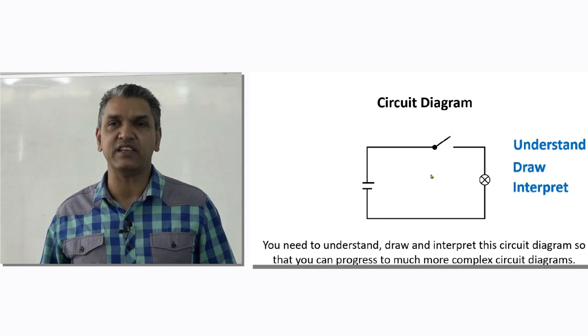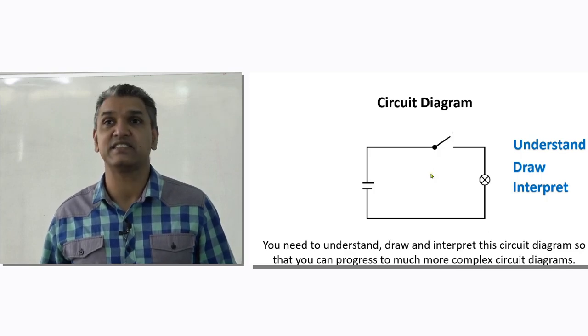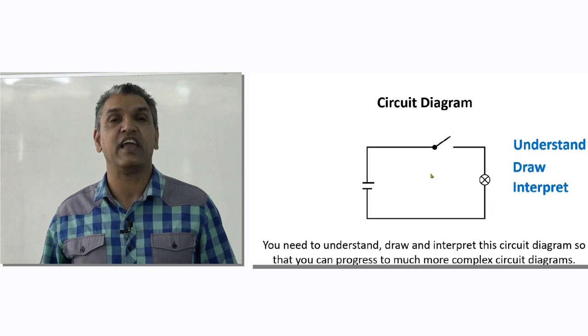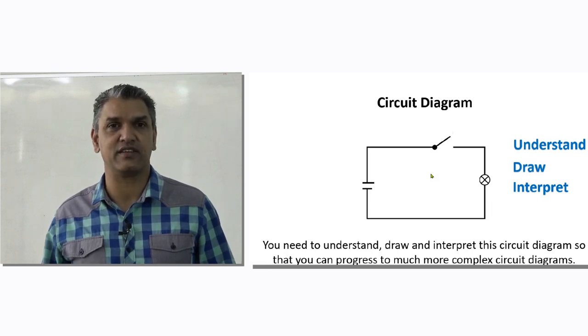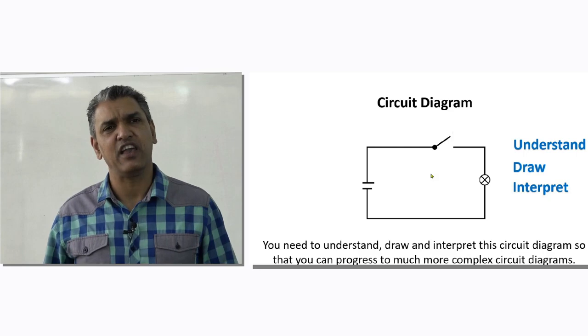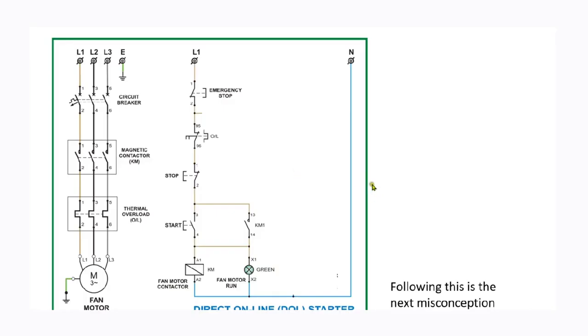Whenever you come across any circuit diagram, remember this: you must look at it, read it, interpret it, understand it, and be able to draw it. Every good electrician must be able to do that. And when you are able to do this, that is, understand, draw, and interpret, then we can progress to much more complicated drawings. Let's have a look at something that is complicated and that you are going to come across